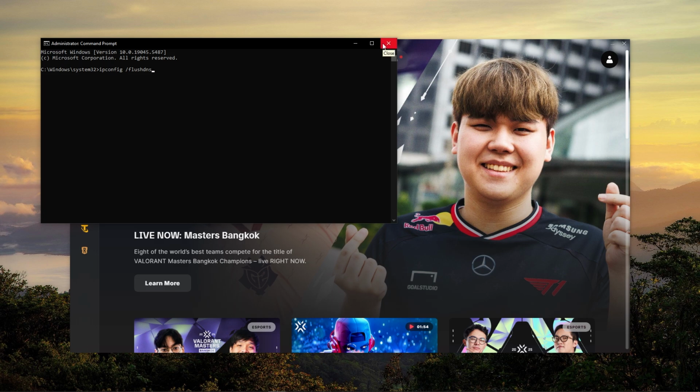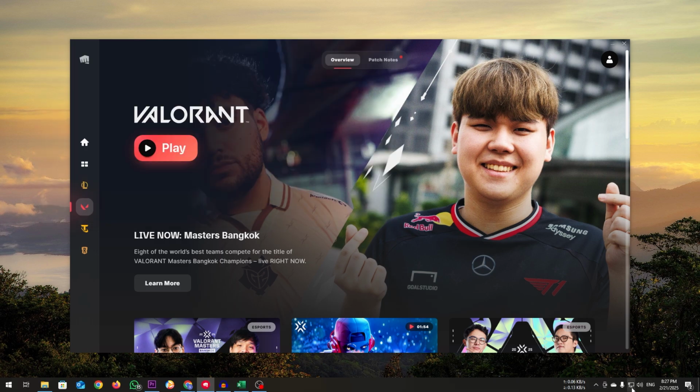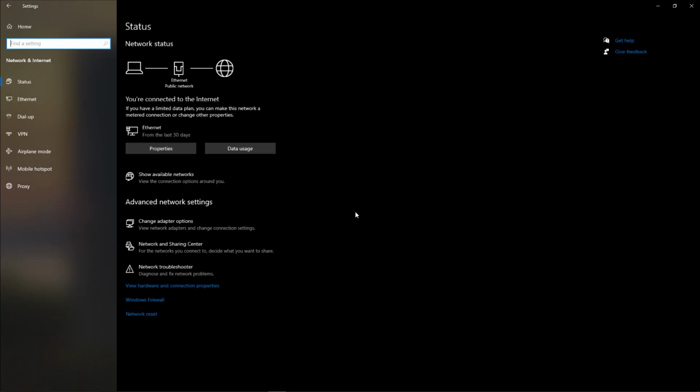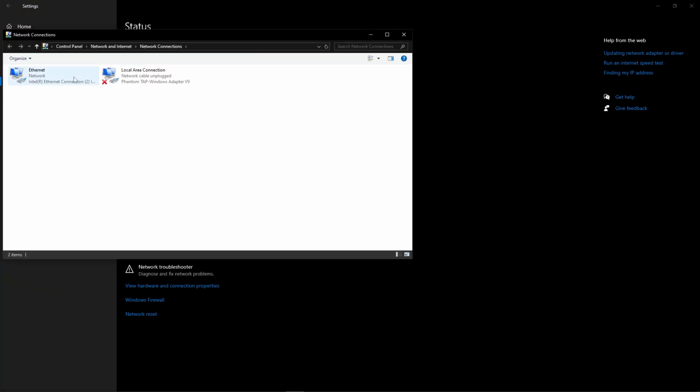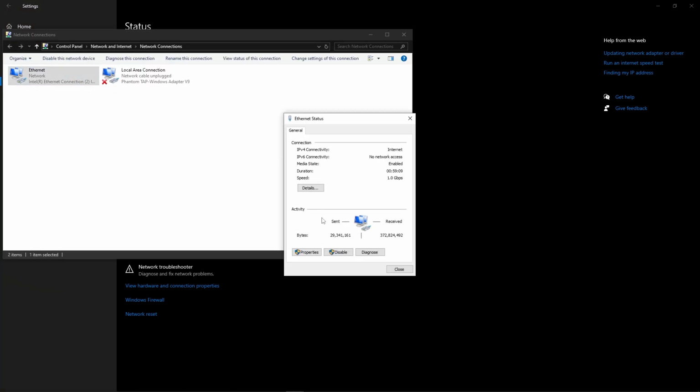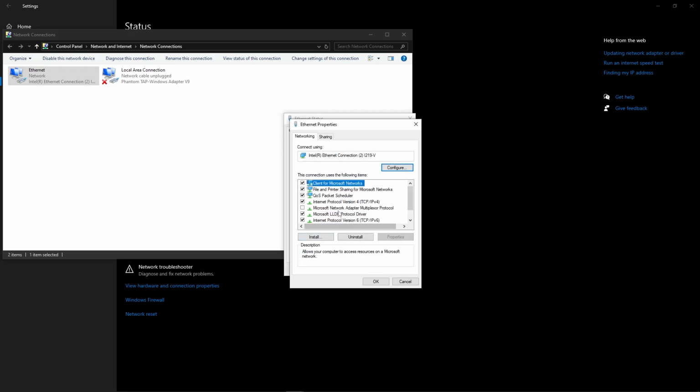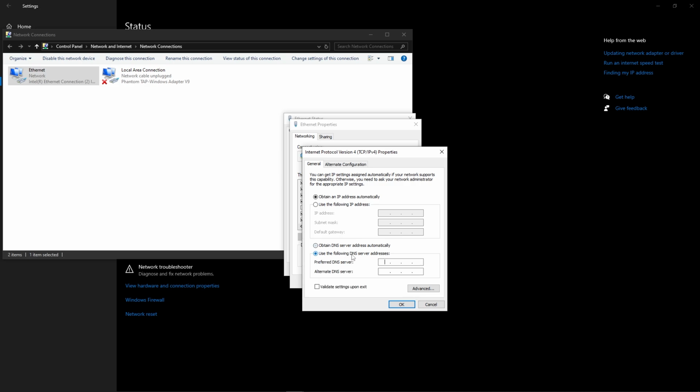If it also doesn't help, right-click the internet icon in the taskbar. Click Open Network and Internet Settings. Click Change Adapter Options. Double-click your active network connection. Click Properties. Select Internet Protocol version 4. Click Properties. Choose Use the following DNS server addresses and enter Google DNS